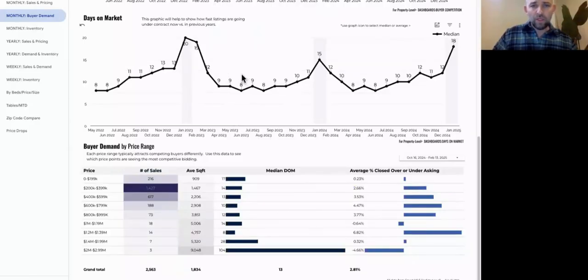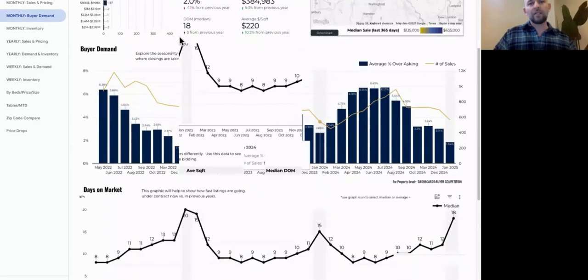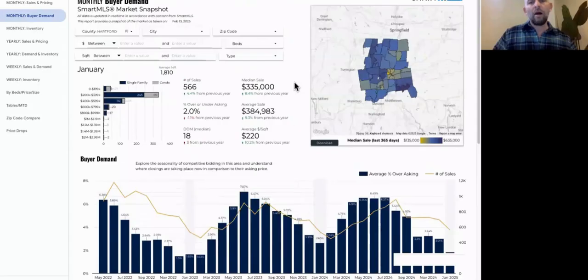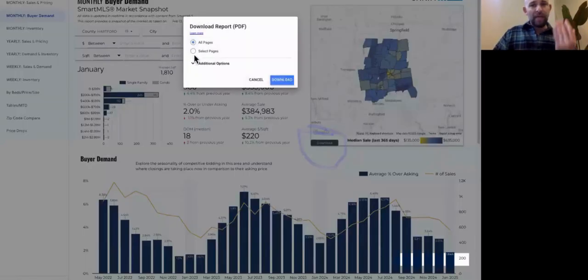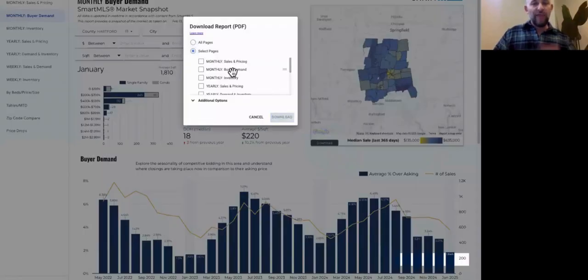So very good. And one more question regarding the email. You can download the reports. Yes, exactly. So let's talk real quick about downloading. There's a button right here. You can download the entire thing or pick the pages. That is okay to do if you want a PDF that's nice and packaged up.